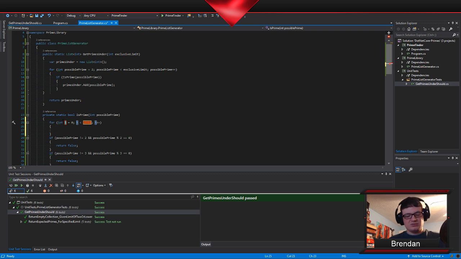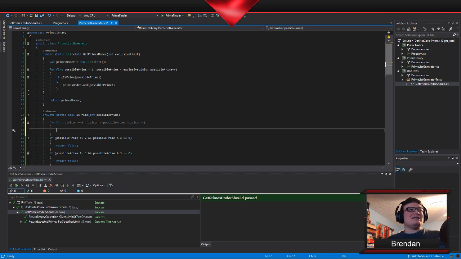So the first thing I'm going to do is put in a loop, and I'm going to call this... These are the numbers we're trying to divide into. We're checking to see if these are divisors. So I'm going to call it divisor. I could call it possible divisor or potential divisor, but that seems a bit long since these are divisors, we're dividing by them, whether it comes out even or not. Obviously, no divisor could ever be larger than the number itself. So I'm going to go ahead and say possible prime.